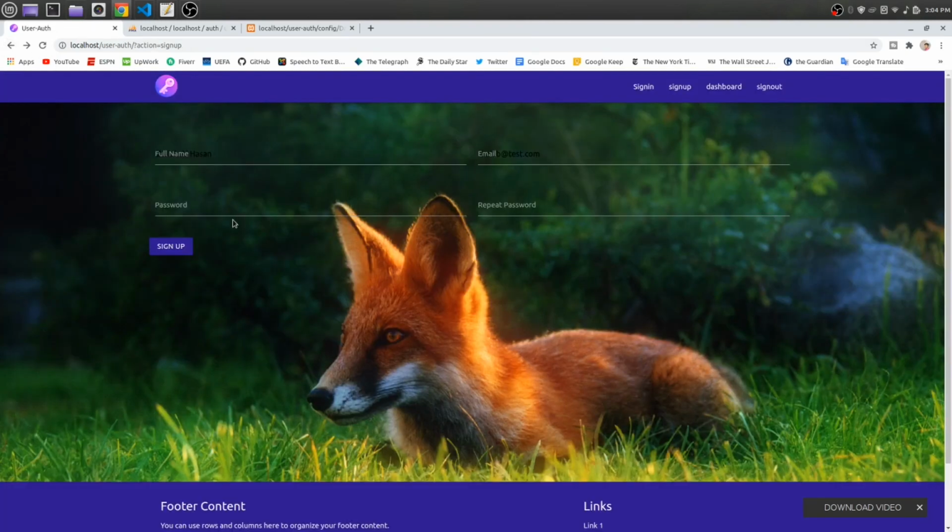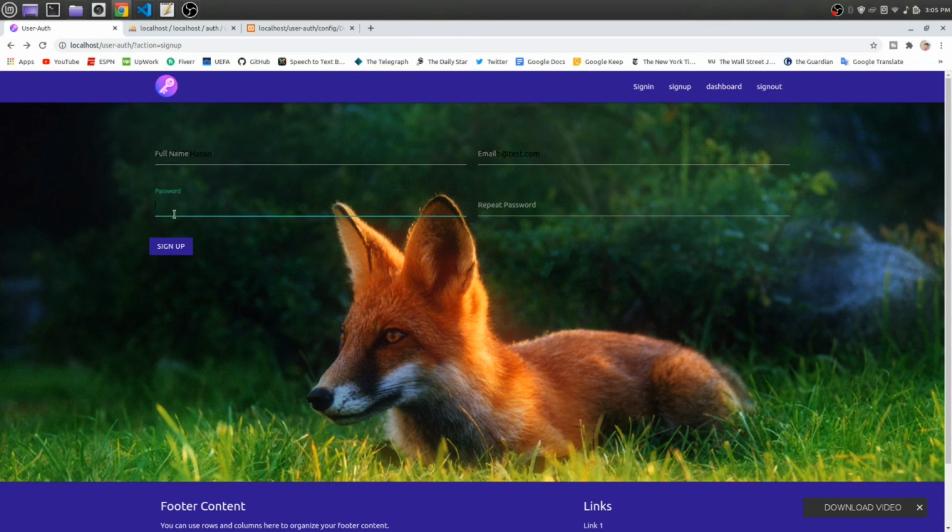Password must be more than 6 characters long. Okay, Shakib Al Hassan, password would be 123456 and second password let's make it 6 7 8 9 10. That means it doesn't match the first password. It's saying password didn't match.